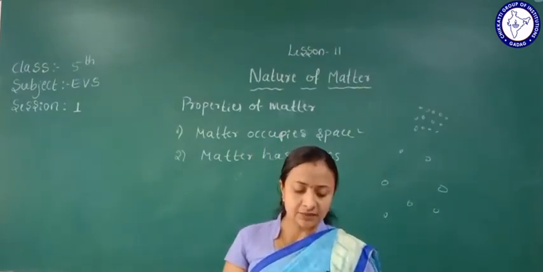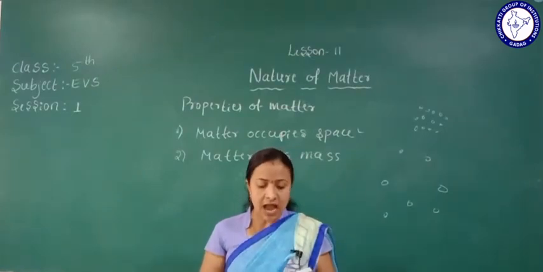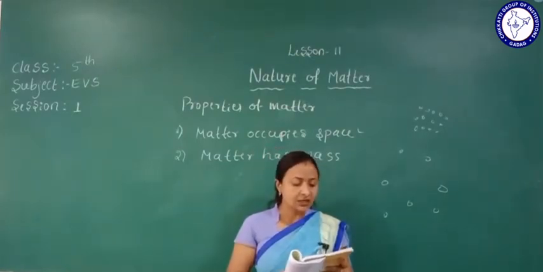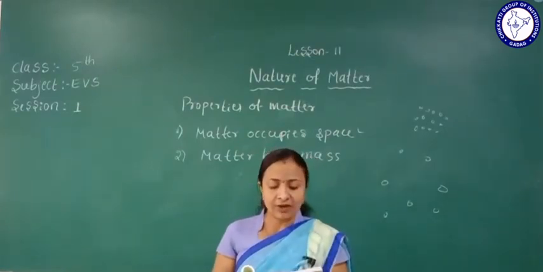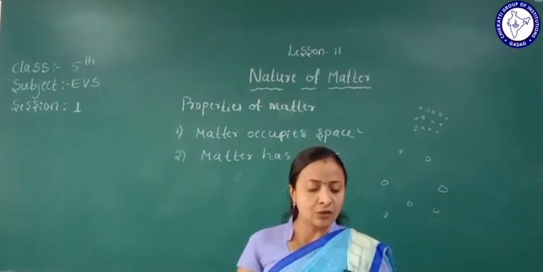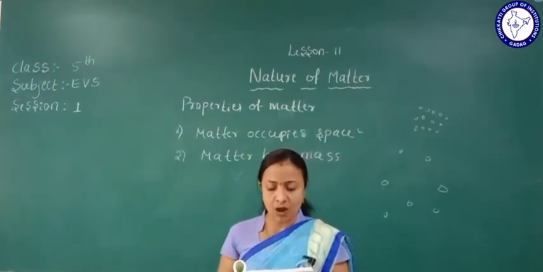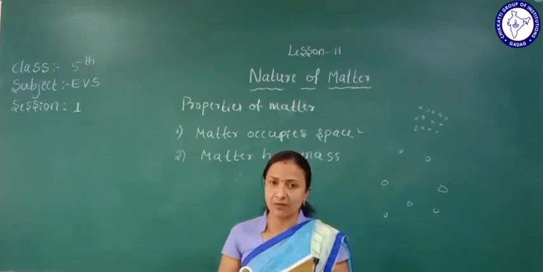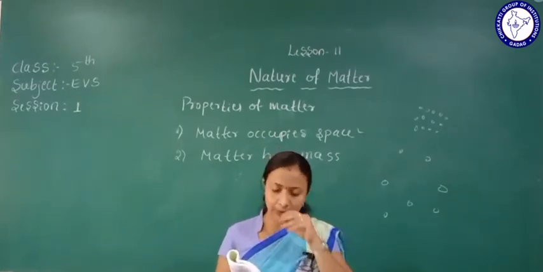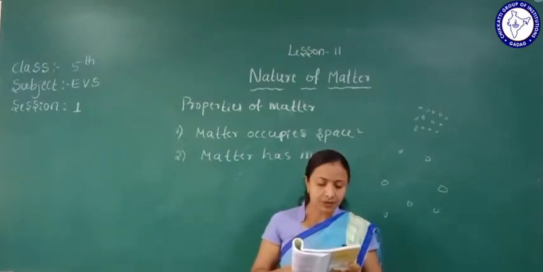Next, they have given another activity here. Add some sugar or salt into a beaker fully filled with water without allowing water to spill out. How is it possible? Discuss with your friends. This is a you-do activity for yourselves.